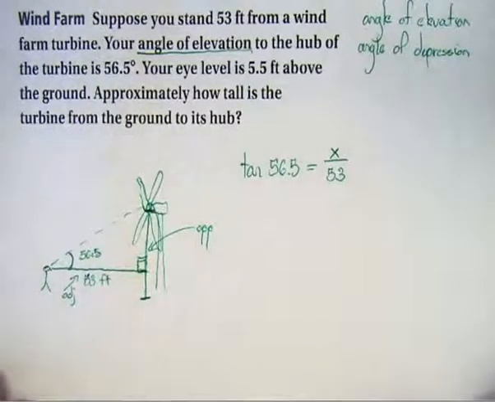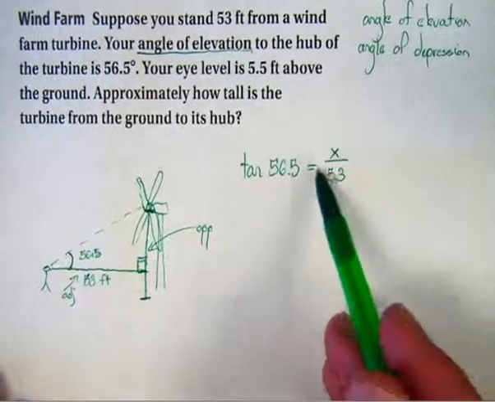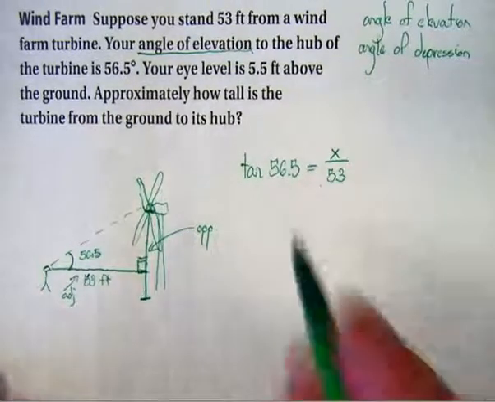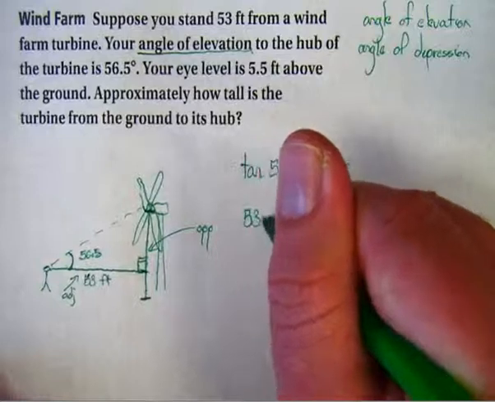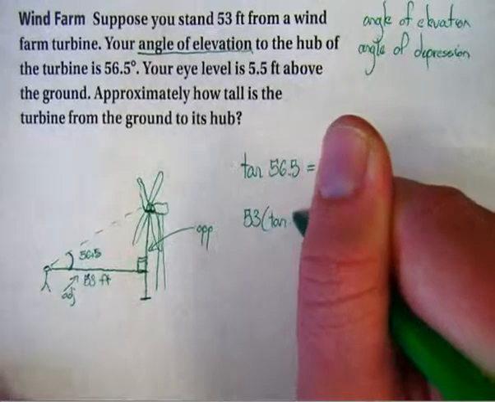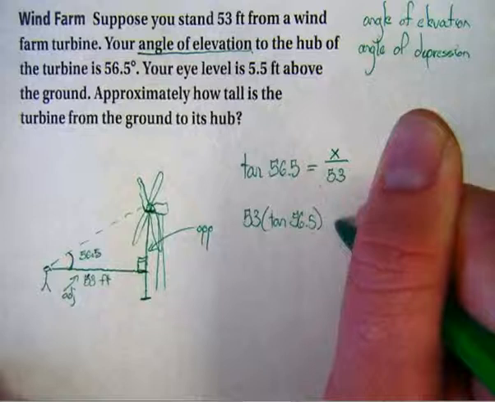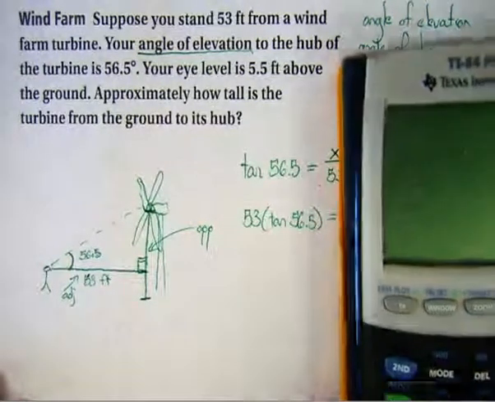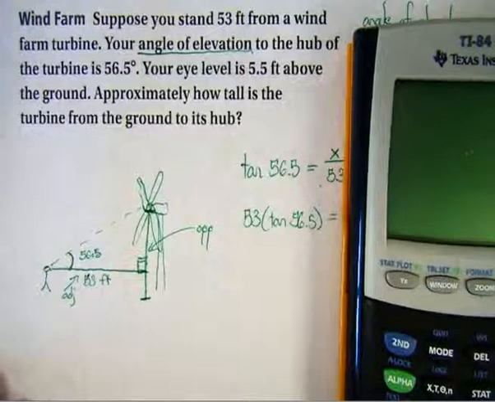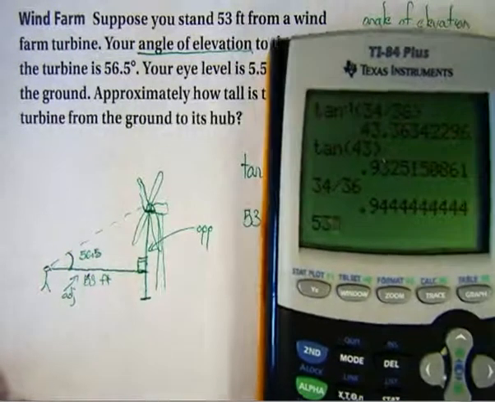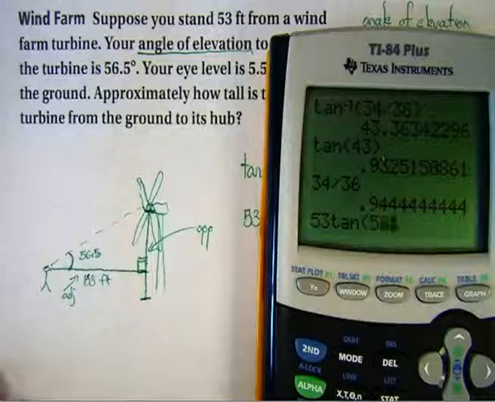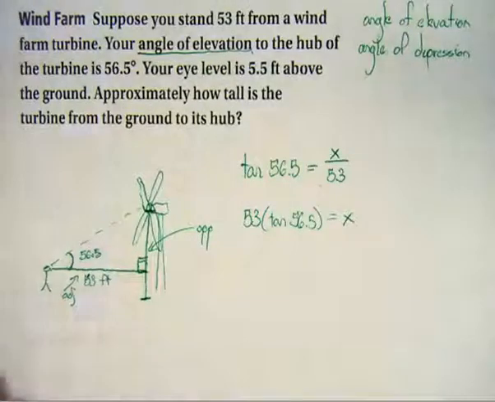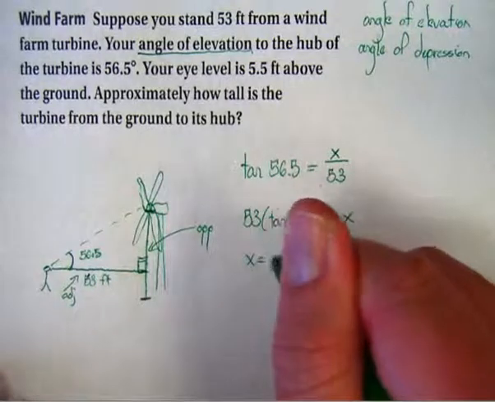Now we just need to solve that for x. In order to solve this, when you have a fraction on one side, you always want to multiply by the denominator of that fraction to eliminate it. So we multiply both sides by 53. So 53 times the tangent of 56.5 is going to be equal to x, and this is why on the 6th day God invented the TI-84. So we say 53 times the tangent of 56.5, and the answer we get is 80.07. So x is